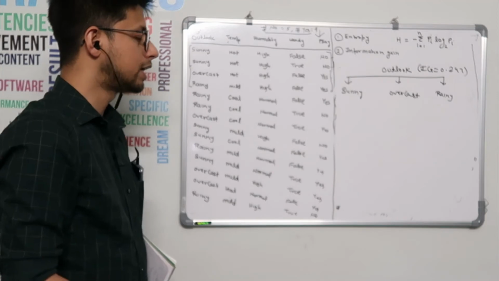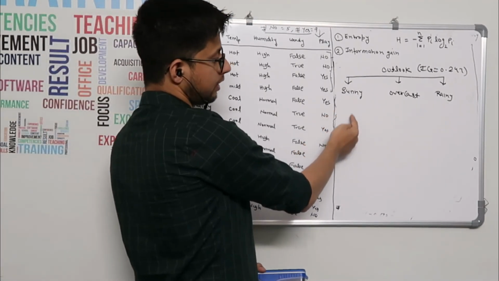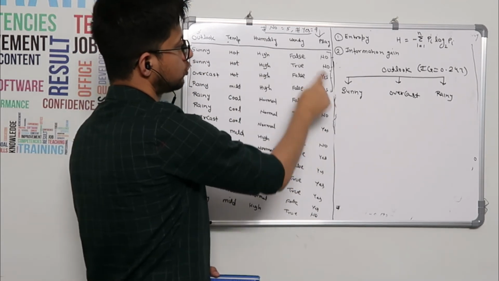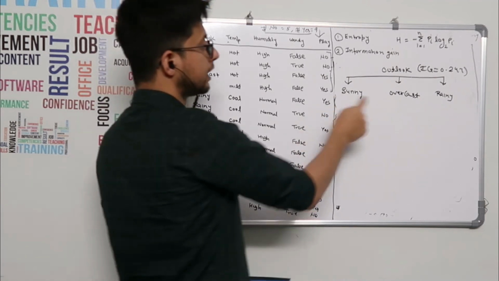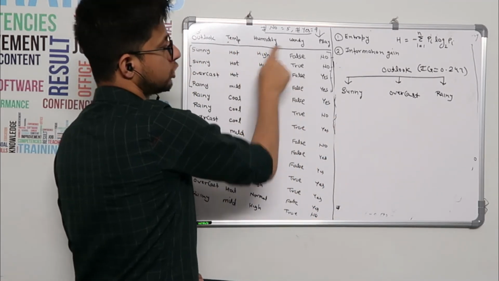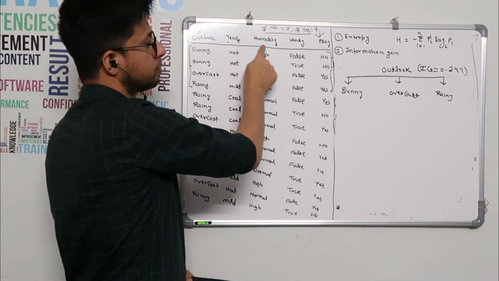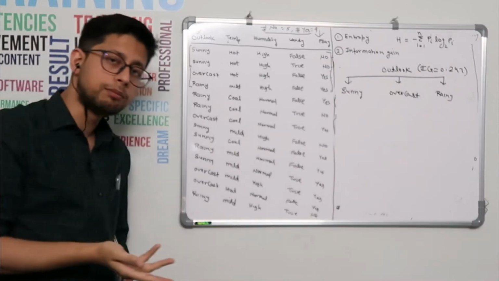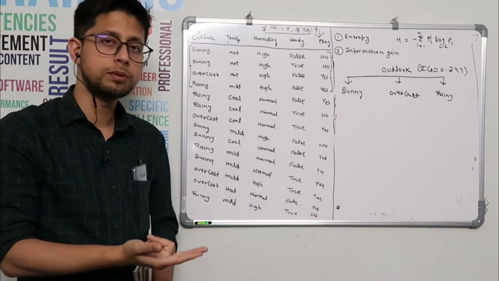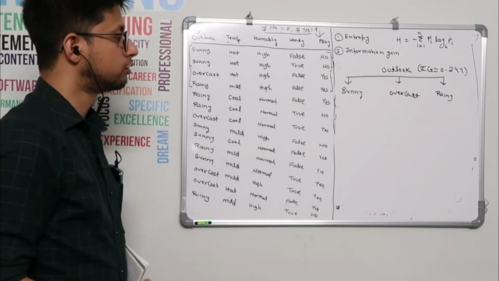Now the next question is, what will be next if it is raining? Whether it will be the temperature node, humidity node or windy node, which one will come? If it is overcast, what will be the next node: temperature, humidity, or windy? If it is rainy, what is your next node? Again you will apply the same thing. You will calculate the entropy and then the information gain, and you see where the information gain is more. That's how you will decide.